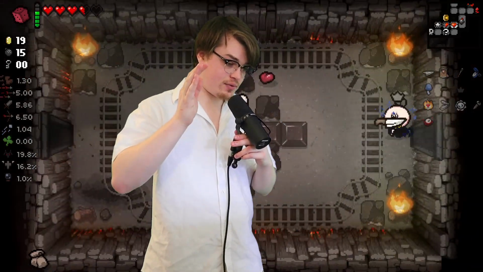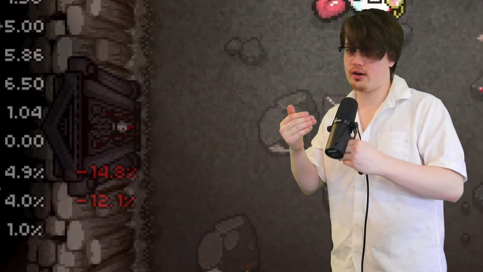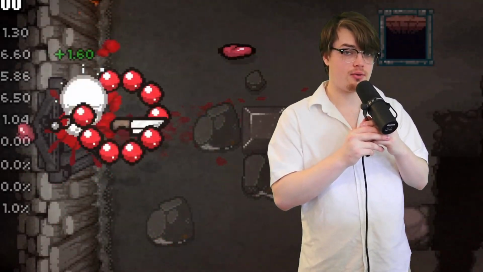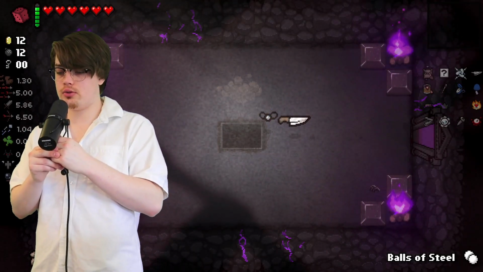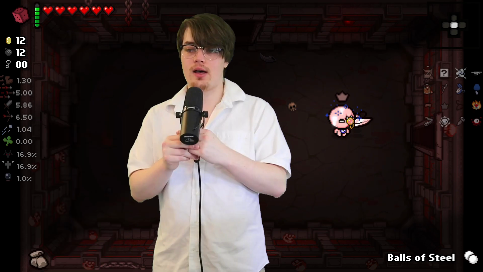If you then, after going through the mines, go through another special door after the boss of the mines, this door costs 2 of your hearts to get through. You can then go to Mausoleum. Mausoleum? One of those two. I think it's